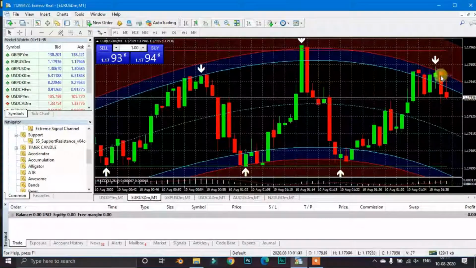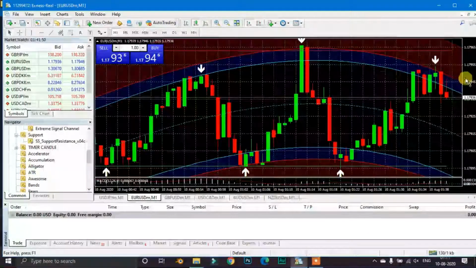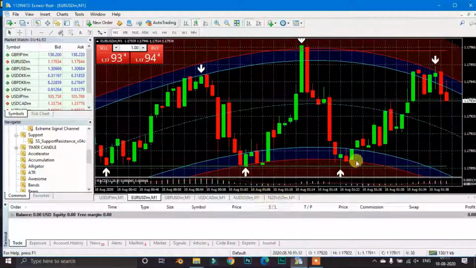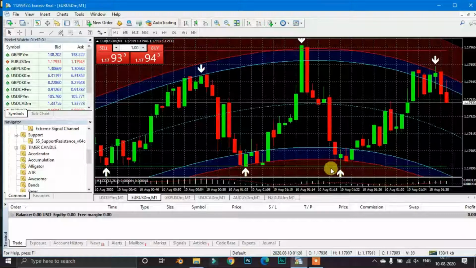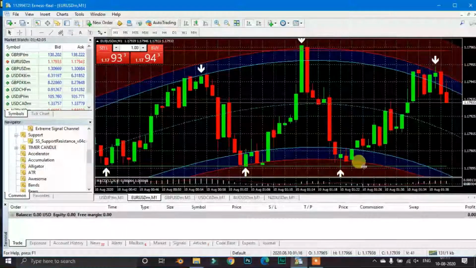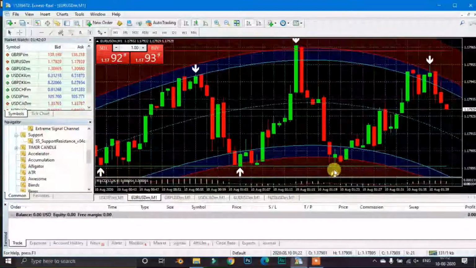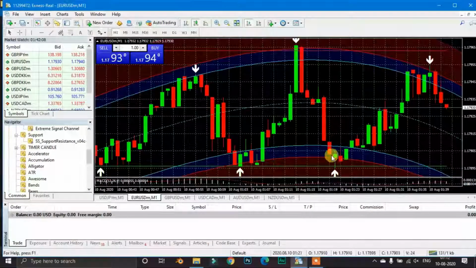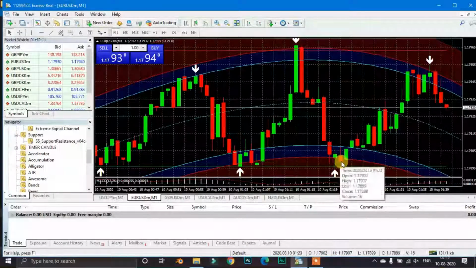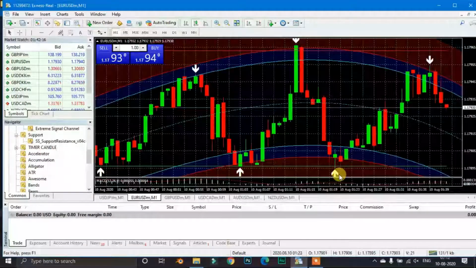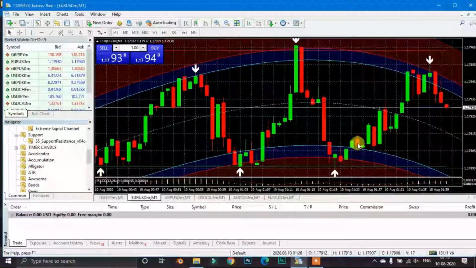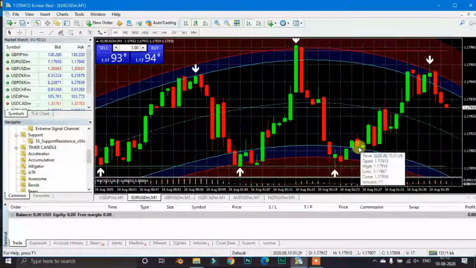Here you can see the strong support and strong resistance level. So this is gonna be down for 5 minutes, 1 2 candles, and 3 more candles gonna be down. Here you can see the support line, this is the strong support line, it's hard to break. If you take it for 5 minutes up after this signal, the arrow going up, 1 2 3 4 5, you win perfectly.